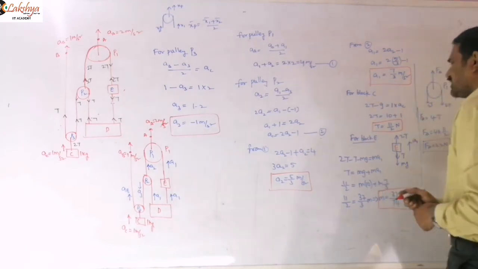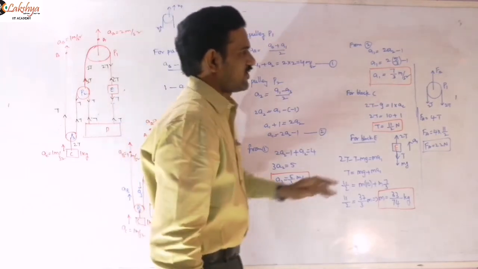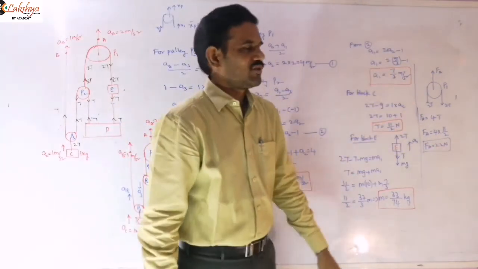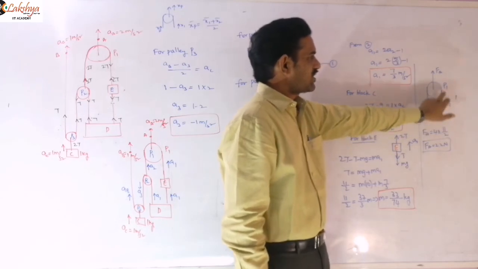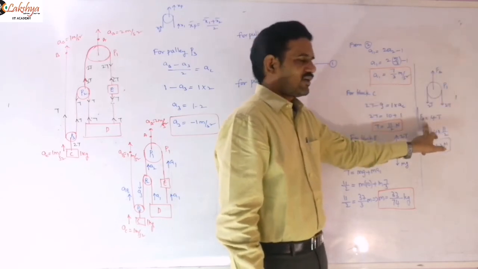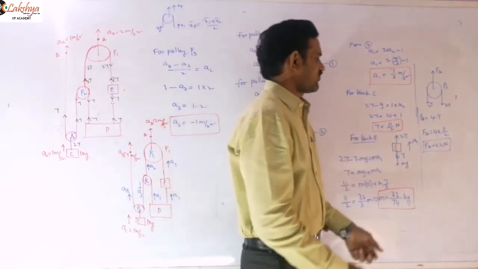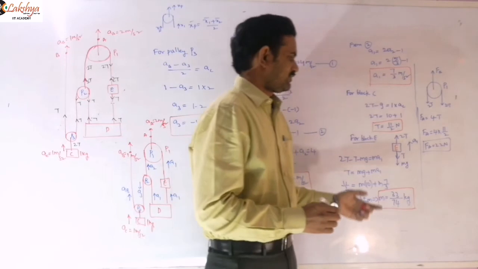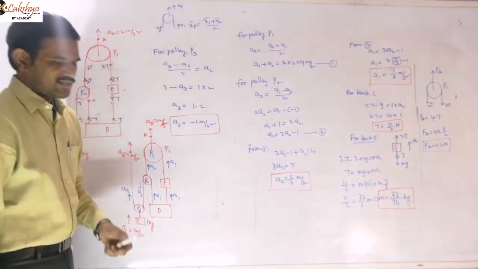block E here. And next we need to find the force with which this pulley is pulled up. For that let us take the free body diagram of that pulley. The free body diagram of this pulley you can write as 2T and 2T. That should be equal to this FA here. So FA is equal to 4T, and the T value you can substitute from this, so that you will get this value as 22 newtons, right?